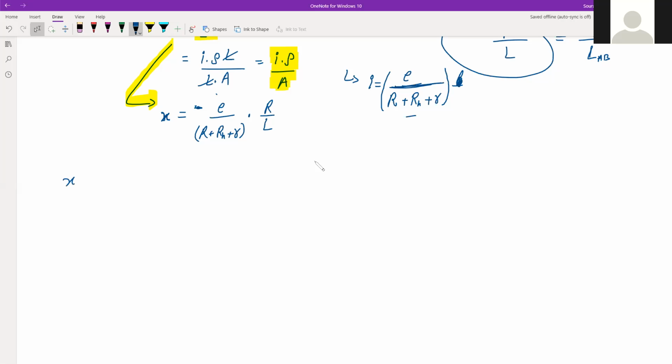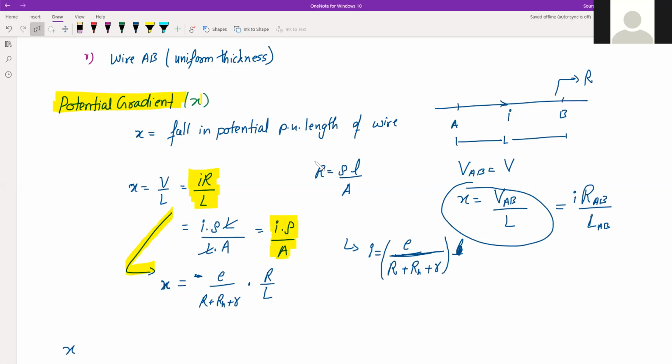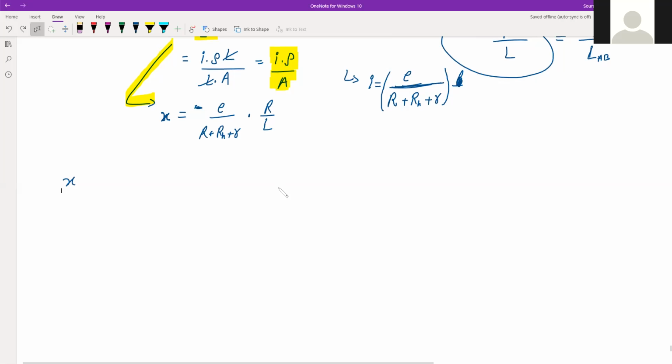The gradient x, or the potential gradient x, is directly dependent on the resistance per unit length, R by L, that is the resistance per unit length of the potentiometer wire,